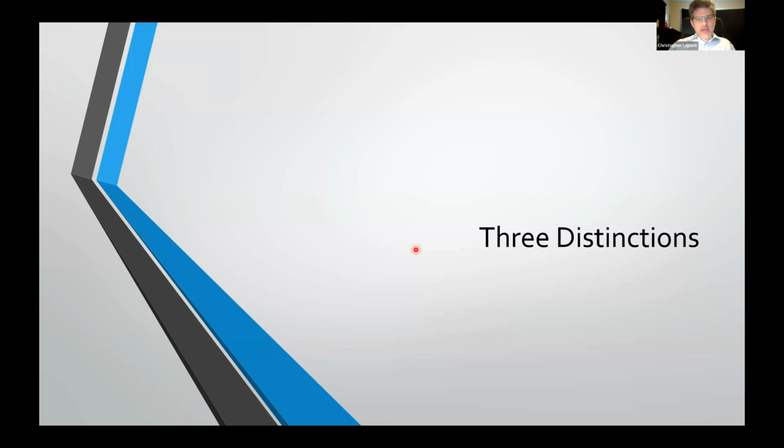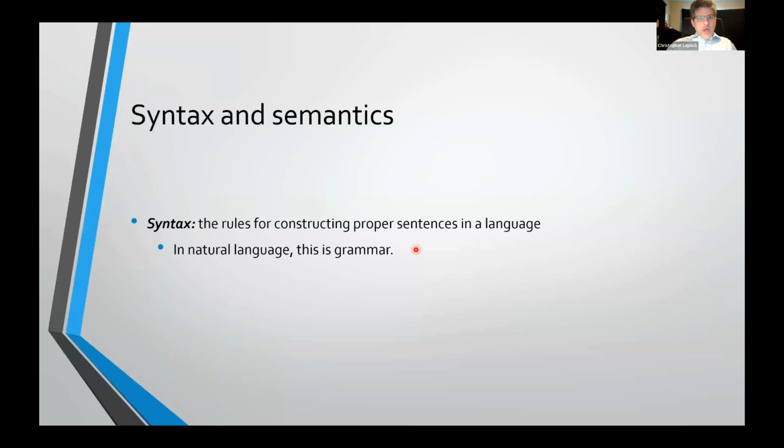In this video, we're going to look at three distinctions that are going to be important for the course. The first one is between syntax and semantics. Syntax is the set of rules for constructing proper sentences in a language. In natural language, this is what we refer to as grammar. In artificial languages like symbolic logic, it's generally just called syntax. Then you have semantics, and semantics are the rules for interpreting sentences in a language or giving meanings to